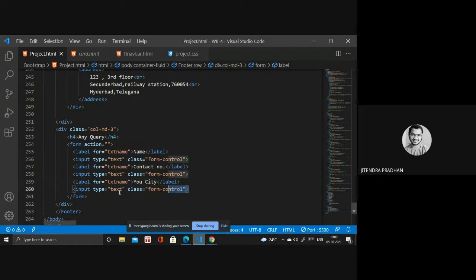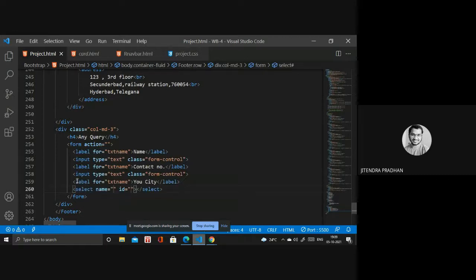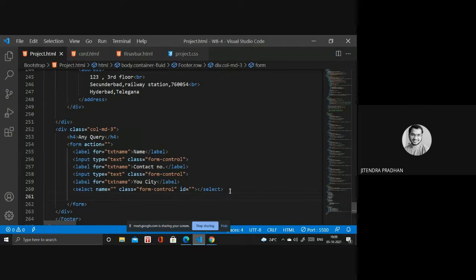Okay, and in that you have to use select. In the selector, you have to use the class name, form control. Okay. And in the form control, sorry, not input. Inside, you have to write the option.